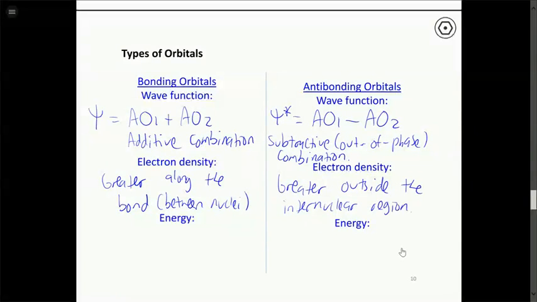And so as we'll see, when you put electrons into anti-bonding orbitals, you're sort of pushing the two nuclei apart and you're weakening the bond or making them farther apart. And then the energy of these two orbitals: what we're going to be doing here is mixing atomic orbitals and making a new set of molecular orbitals and ranking them in terms of lowest energy to highest energy. The bonding orbitals are lower in energy, so these in-phase combinations result in orbitals that are lower in energy than the atomic orbitals. And then this out-of-phase combination results in energies that are higher than the individual atomic orbitals.